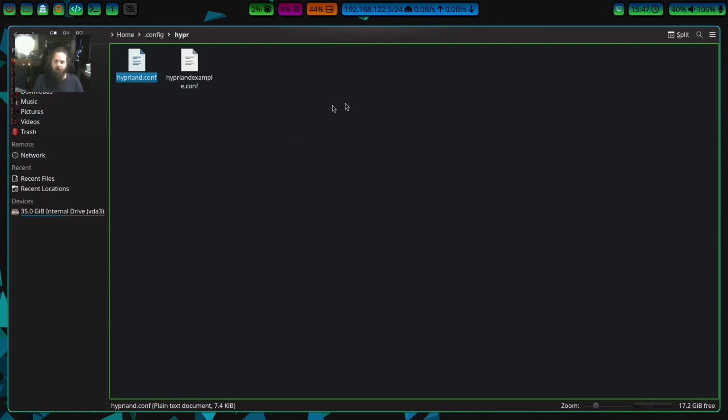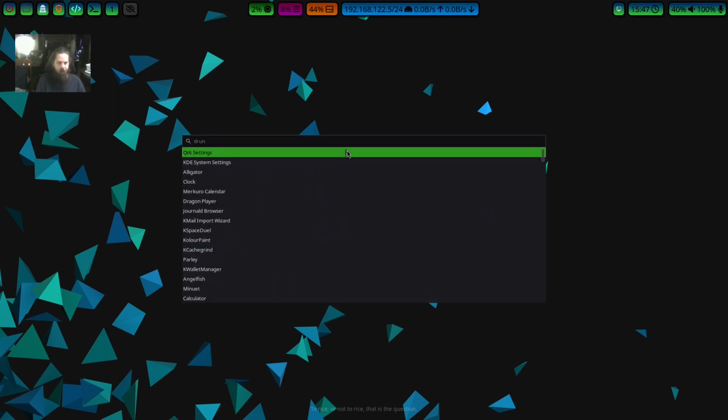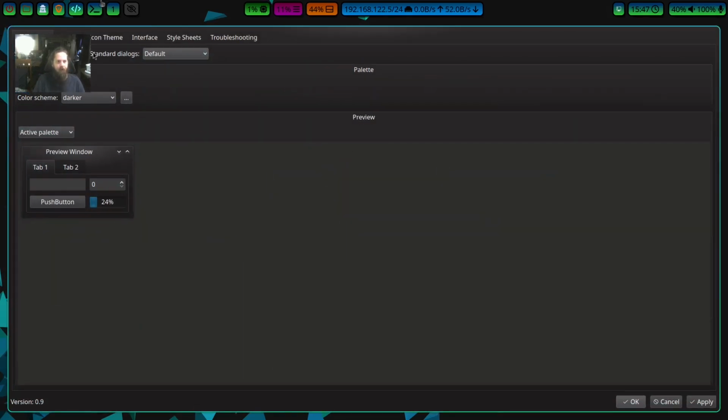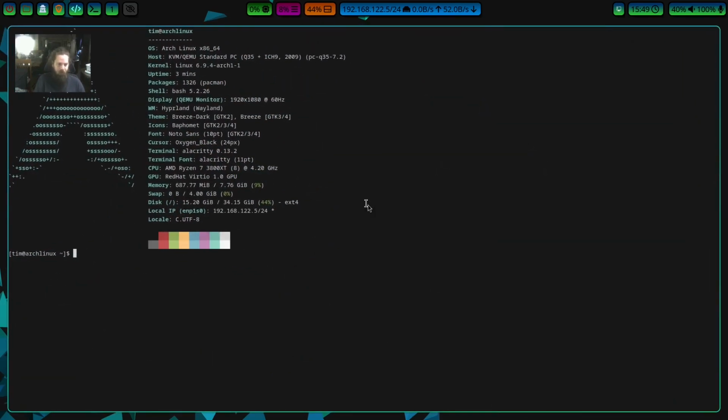And I'm actually not 100% sure why that did not give us the option to set our cursor. Interesting. I could have sworn there was a cursor option up here. Interesting. Anyways, moving along. So with that, I would like to go through the config file for Hyprland a little bit more. So go ahead and open up your terminal and do sudo vim .config/hypr/hyprland.conf